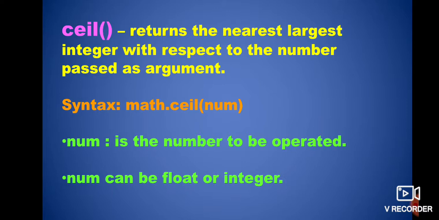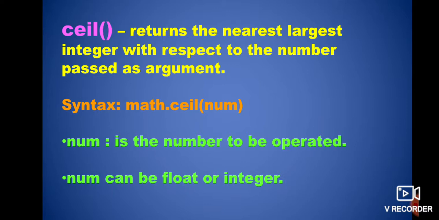Here the work will be a little bit similar to the round off work, in which, if the value is 3.6, then it gets rounded off to 4, and if it is 3.4, it gets rounded off to 3, because it depends on what value is present after the decimal point. So if that value is 5 or more than 5, then the number converts into the nearest largest integer, and if the digit after the decimal point is less than 5, then it gets converted into the nearest smallest integer.